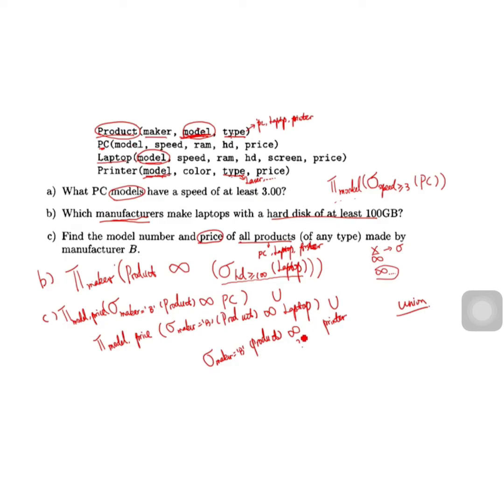If we want to write theta join, we'll write the condition. The condition of join is a model. Okay, so the product.model is printer.model. Printer.model. Okay. Now we join